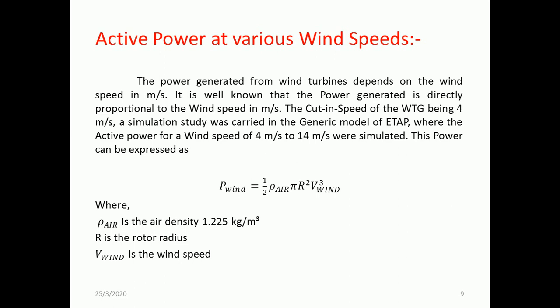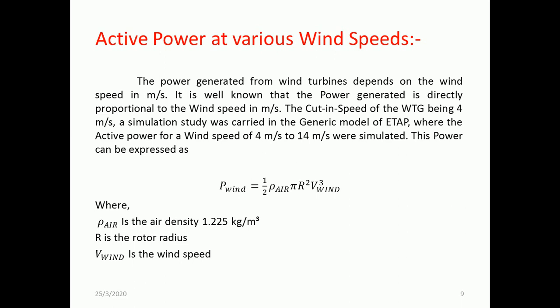Now you can also find out the power output at various wind speeds. The power generated from a wind turbine normally depends upon the wind speed in meters per second. It is well known that the power generated is directly proportional to the wind speed. The cut-in speed of the wind turbine generator, in this case, is 4 meters per second. A simulation study was carried out in the generic model where the active power for wind speeds of 4 meters per second to 14 meters